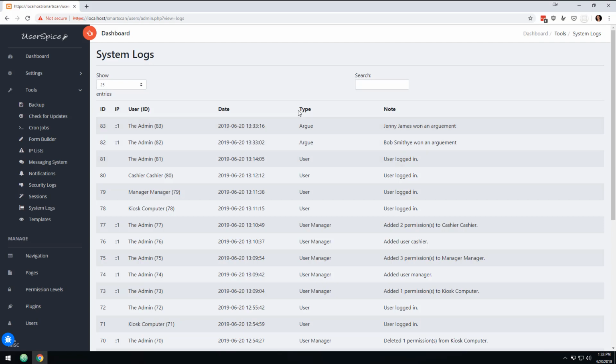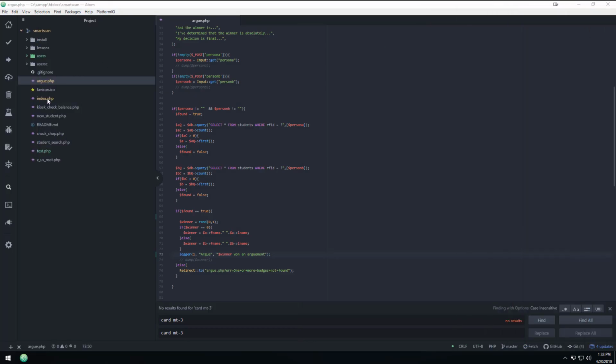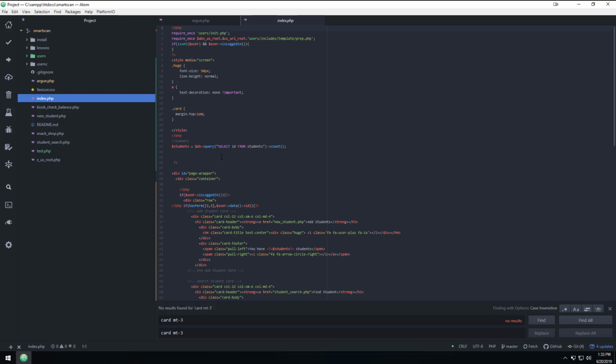But the key part of this is this argue thing here. So all of a sudden, we have a way to grab every single time somebody went through the argument scanner. So what we're going to do is go to our code, and at the top of this index.php file, if I can find it, alphabetical order is not my strong suit. Anyway, we're going to say argue equals db query